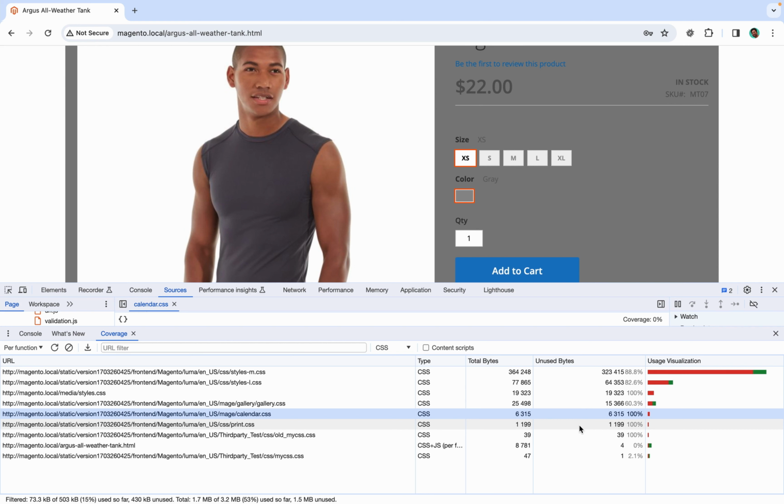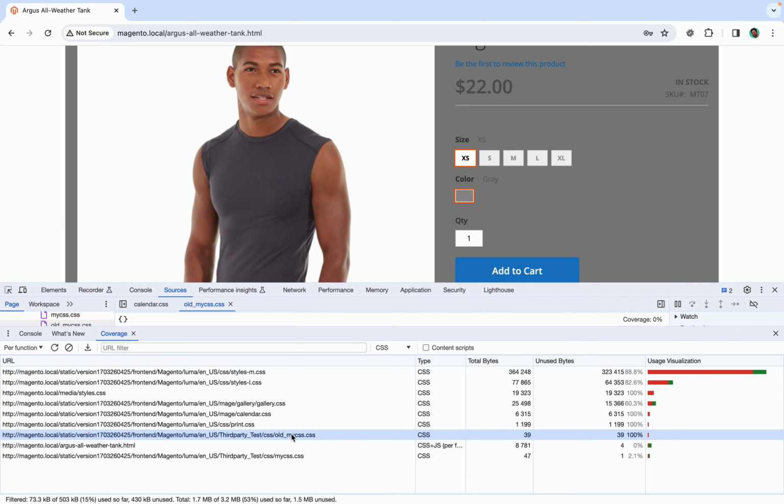And once you identify that these files are not required, you can remove them. For example, I have added one custom CSS file in my project here, which is not required for my project. Earlier I needed this CSS file, but now I don't need it, and I can also see that this file is not used anywhere in our website, anywhere in the pages we have visited. So I will go ahead and remove this. So this is how you have to identify all the CSS files which you don't need in your website. So use this coverage tool to identify all unused CSS and JavaScript files from your website.